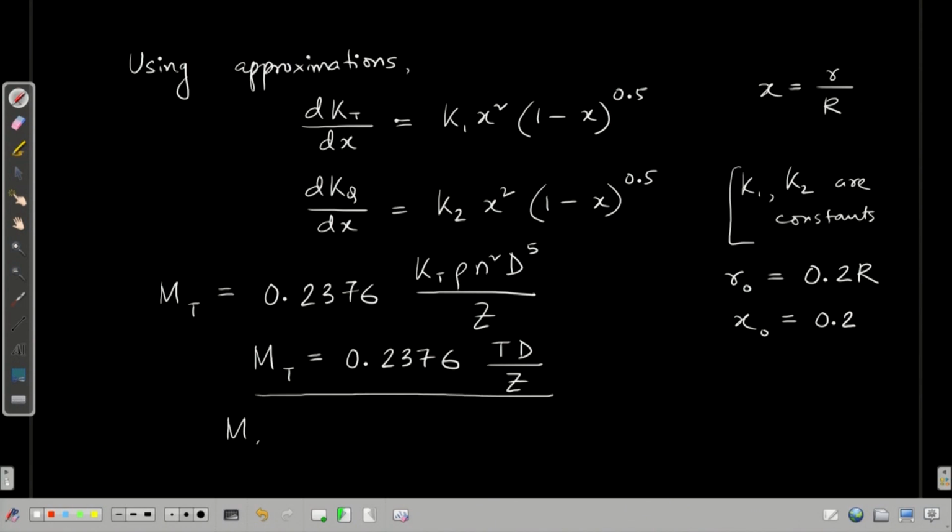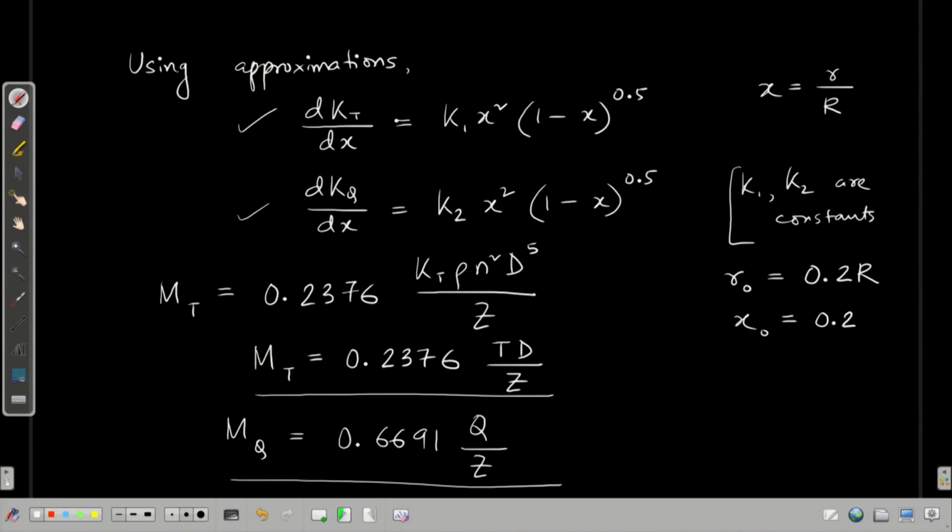Similarly, for MQ, if we assume that the root location is at point 2R, after simplification using these distributions of the thrust and torque over the propeller blade, we get this constant into Q by Z. So, these approximations can be used for simple calculations of the bending moments due to thrust and torque at the